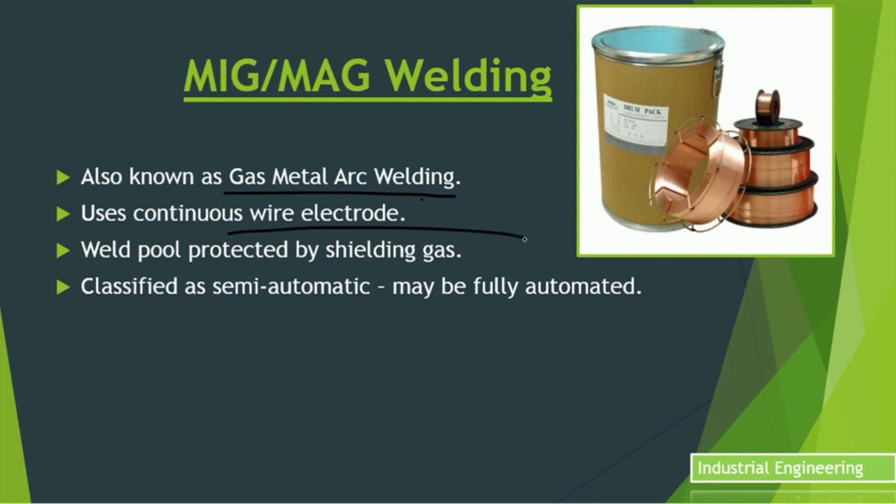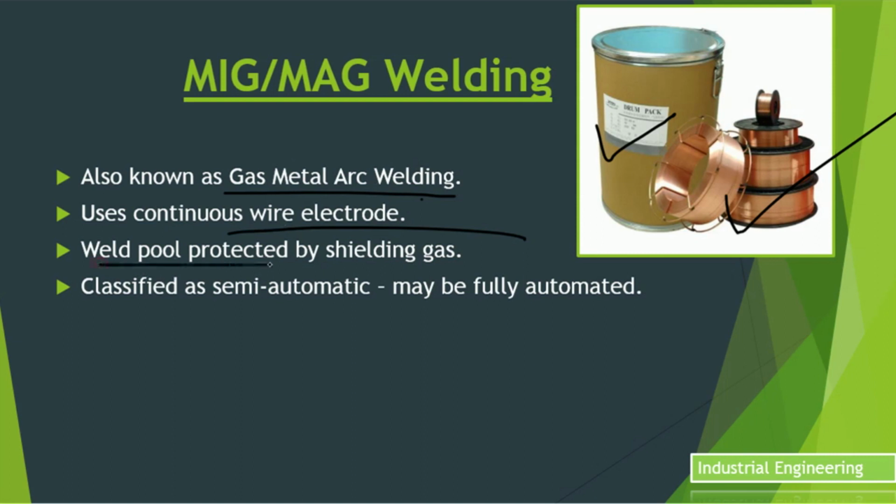Now some of you are thinking how it is useful to weld long length joints. The answer is the wire electrode comes in two types of packaging. The first one is the wire drum and the second one is the wire spool. These packages have a large amount of electrode wire in them. The length of electrode in a wire drum is in kilometers. They generally measure it in terms of kg.